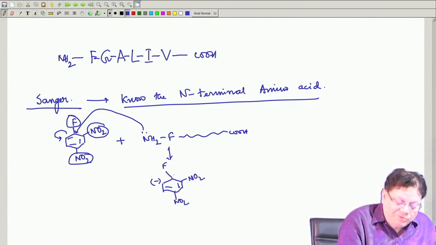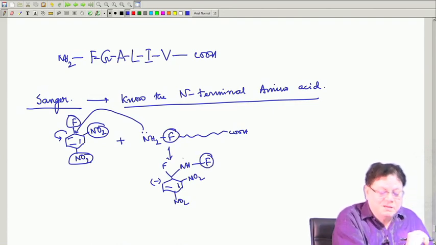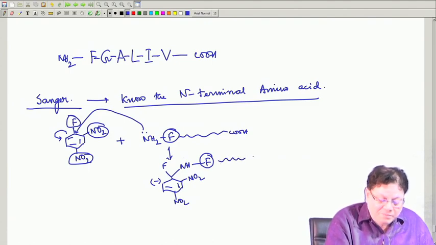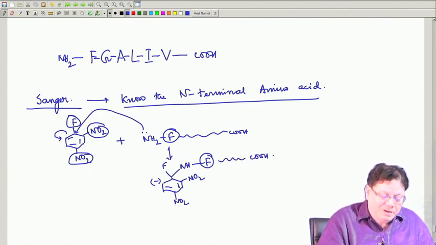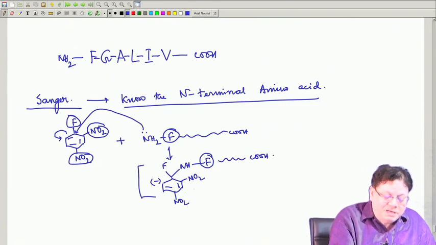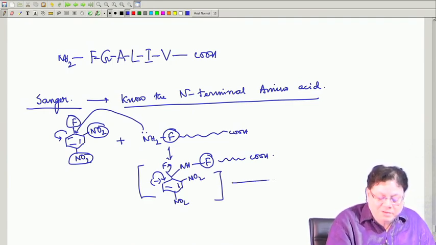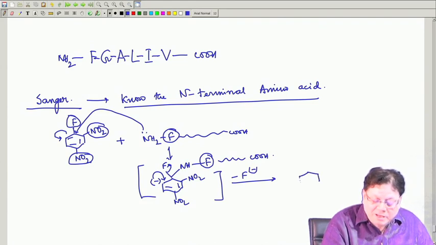So, now you have F and you have this NH, and this is the amino acid, maybe I circle it so that it does not look like fluorine, okay, and then the whole peptide. But this is not very stable, this is the intermediate, then it regains aromaticity by expelling the fluoride. Okay. So, minus F minus, and what you get is basically a